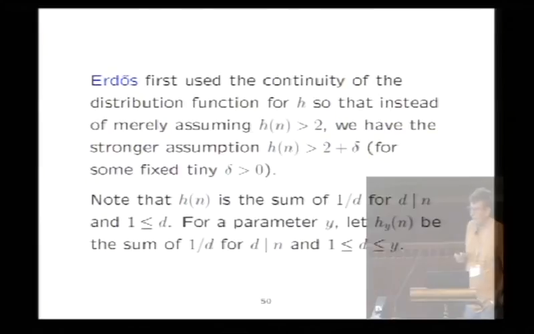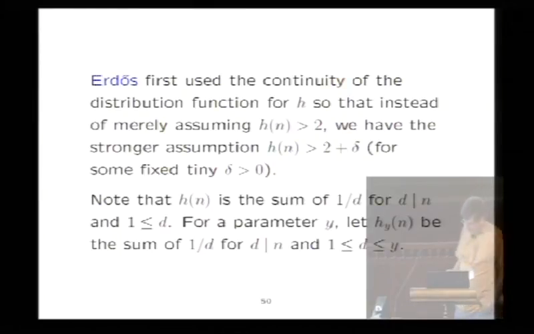Now, small numbers have large reciprocals and big numbers have small reciprocals. So you'd think that if y has some size to it and we just sum the reciprocals of the divisors of n up to y, that should be pretty close to the full sum. And so by an averaging argument, he shows that that's true. And in fact,